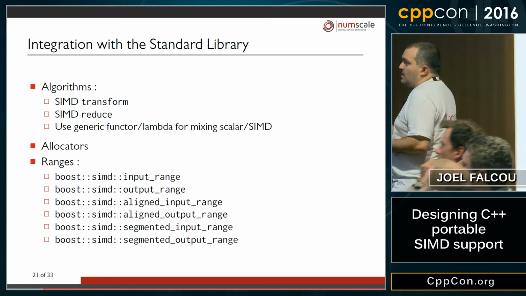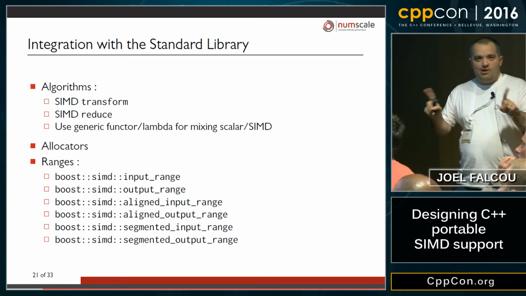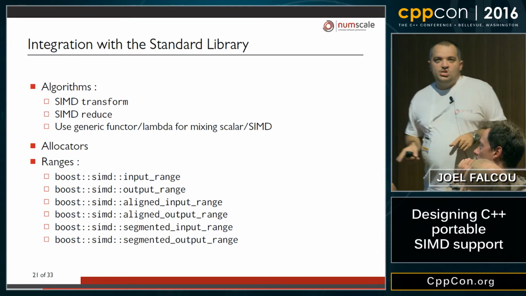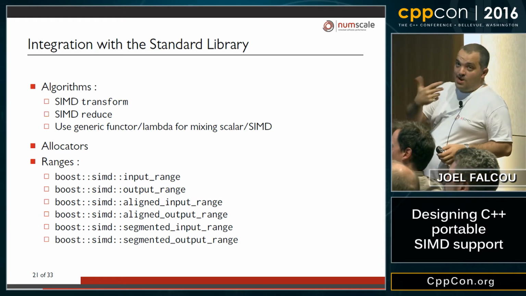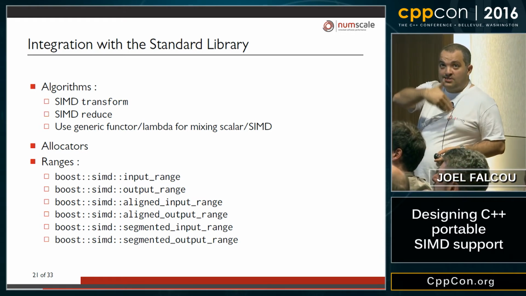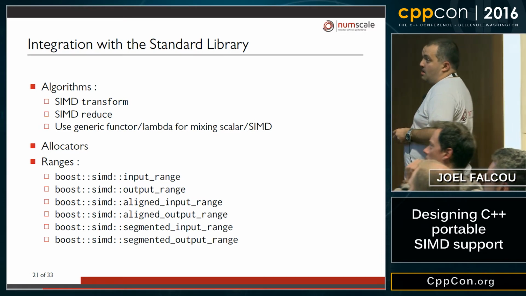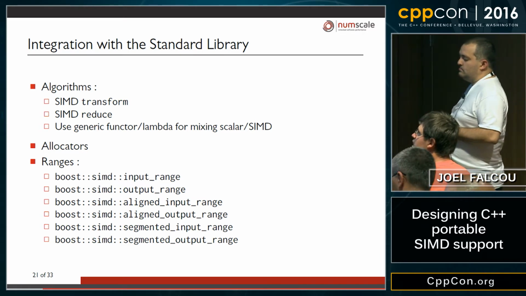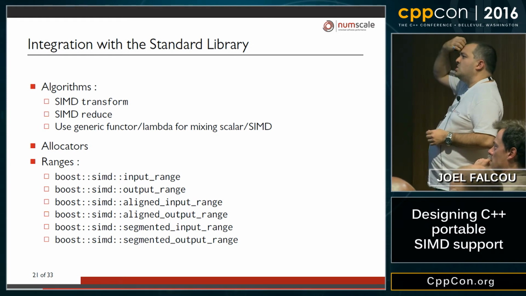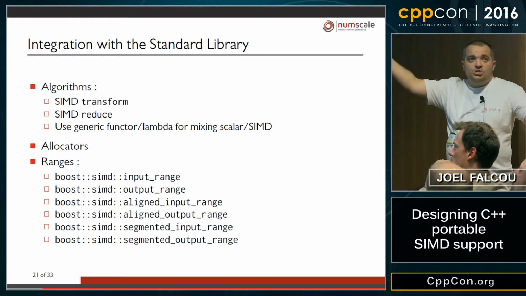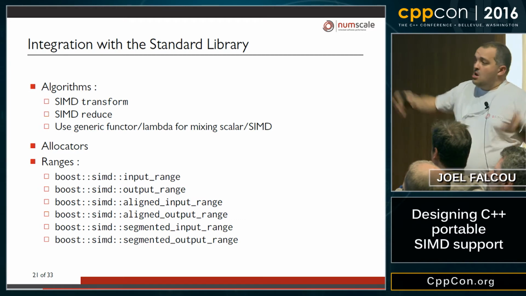So the input range and aligned input range basically turn a pair of pointers that describe a range into something that, when you iterate over it, the dereferencing of the iterator coming from this range just gives you the pack that was loaded from the correct memory location. And then we have the segmented range, which takes an arbitrary range of contiguous memory,